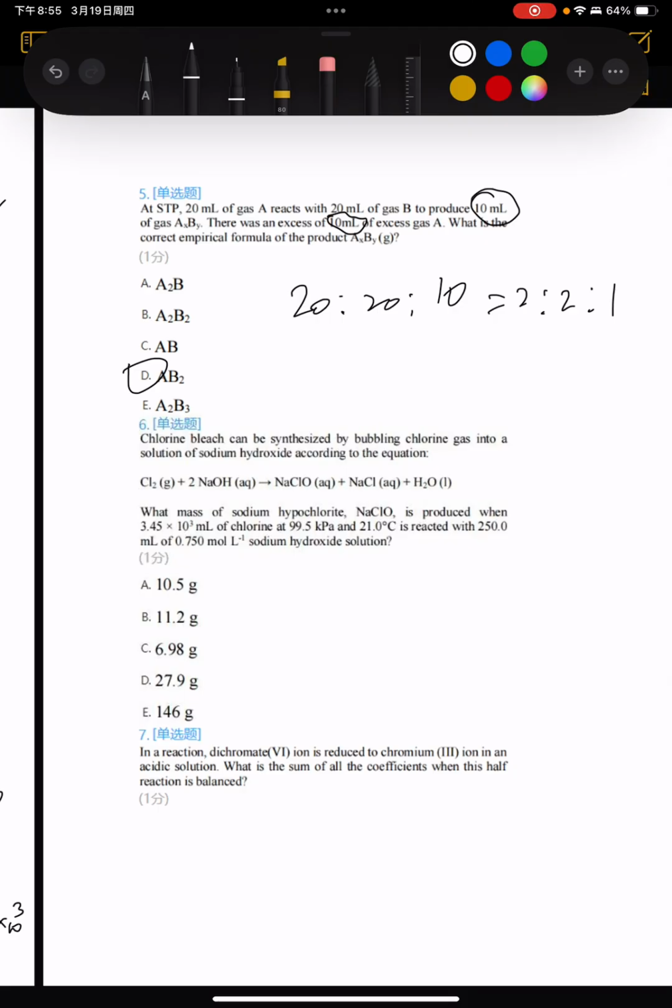Chlorine bleach can be synthesized by bubbling chlorine gas into a solution of sodium hydroxide according to the equation. What mass of sodium hypochlorite is produced when this amount of chlorine at this pressure and temperature is reacted with 250? Okay, here we can see that